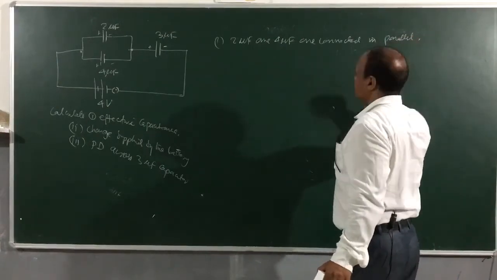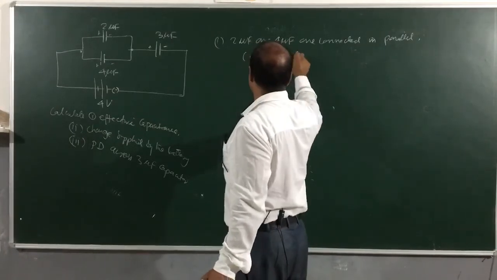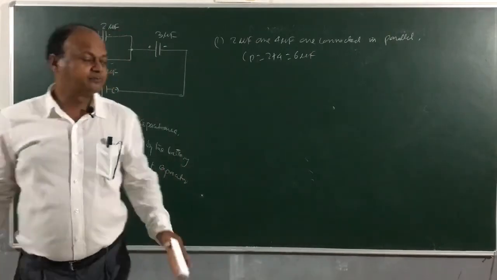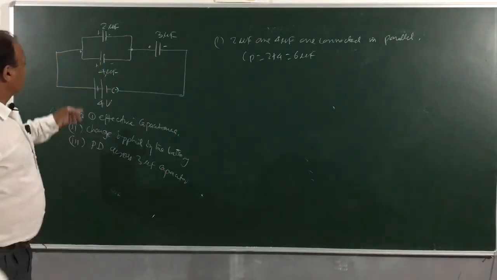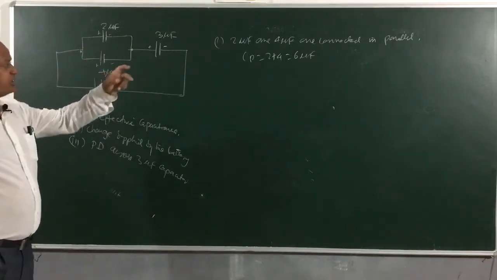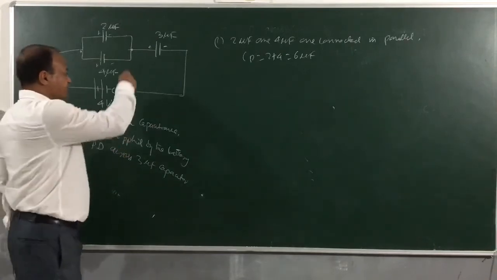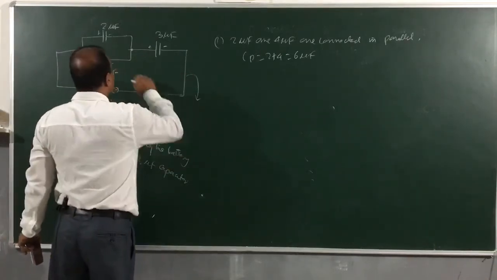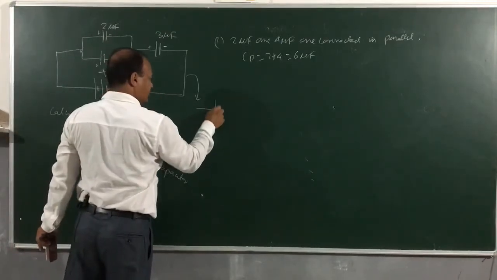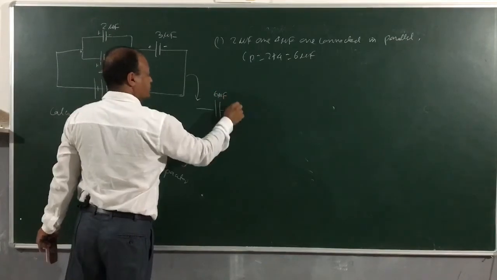And children, if they are connected in parallel, then Cp will be 2 plus 4, that is 6 microfarad. So we found here that the effective capacitance of this 2 and 4 microfarad is how much here? 6 microfarad. So we will redraw the circuit. This circuit which you are seeing, I can also draw like this. Instead of drawing 2 and 4 separately, I can say how many? 6 microfarad,